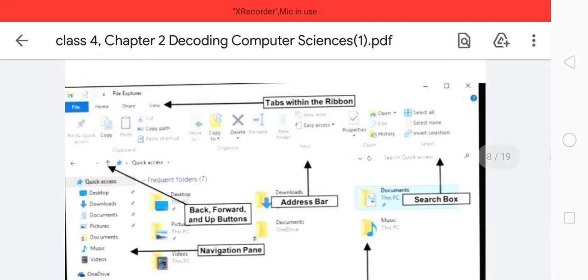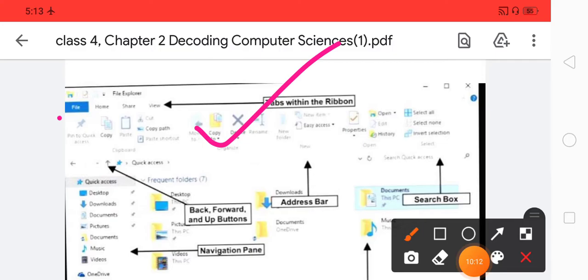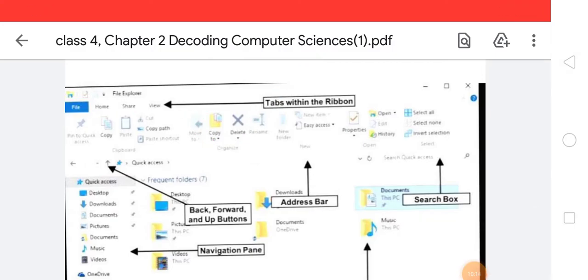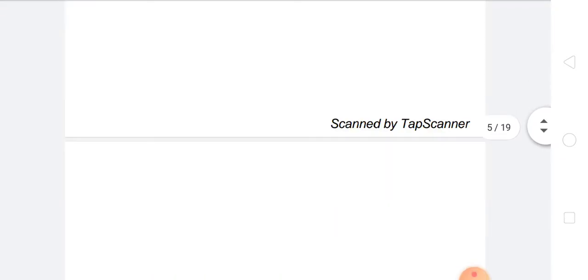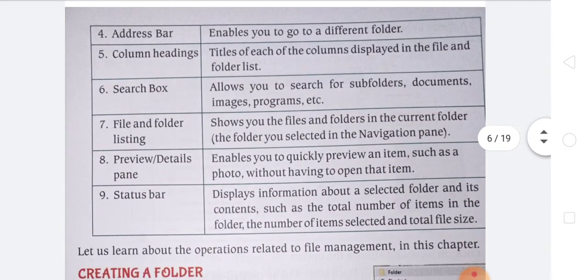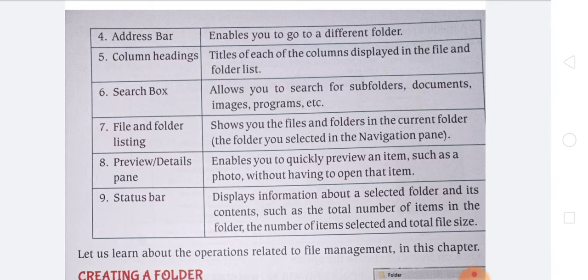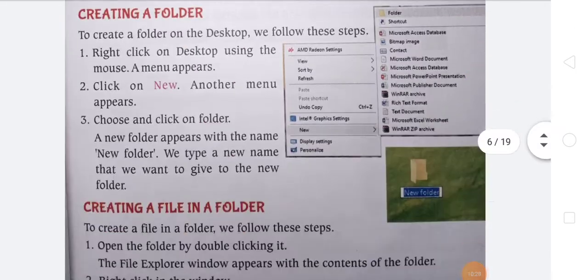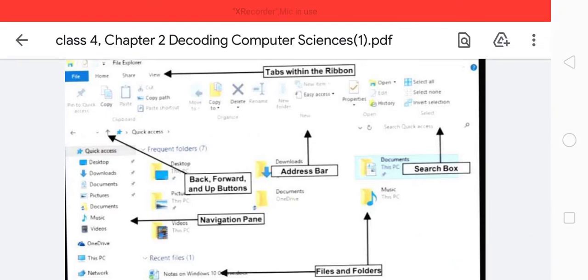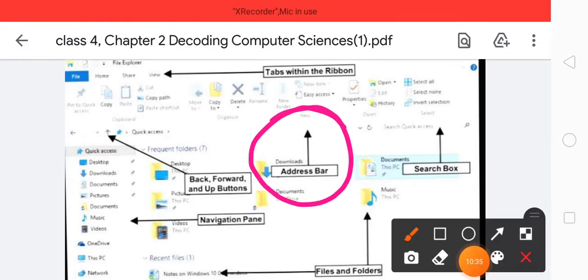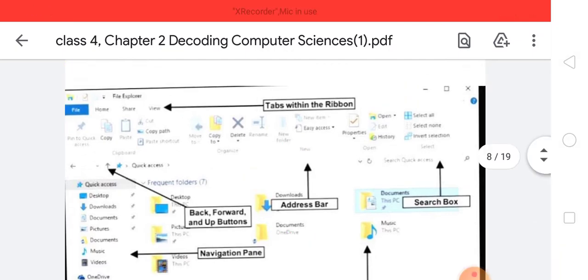And after that, the next one is the address bar, and the address bar enables you to go to a different folder. So here this one is the address bar, and this one helps you to go to the different folder.